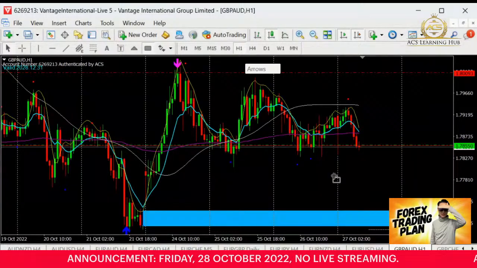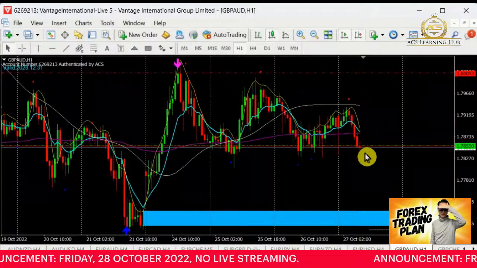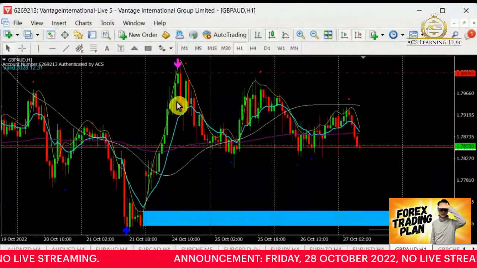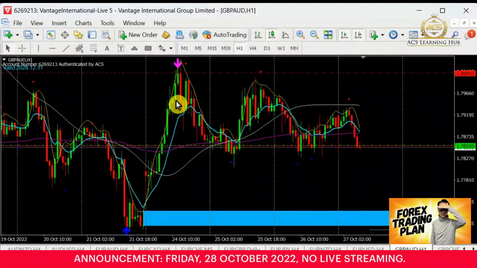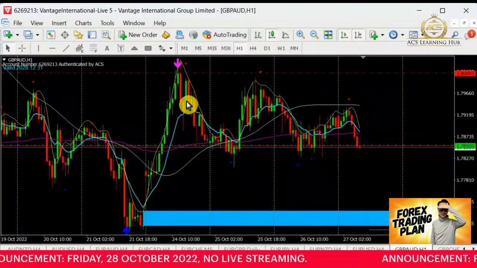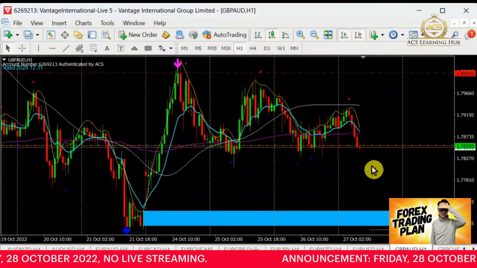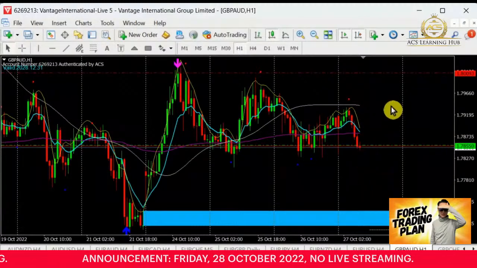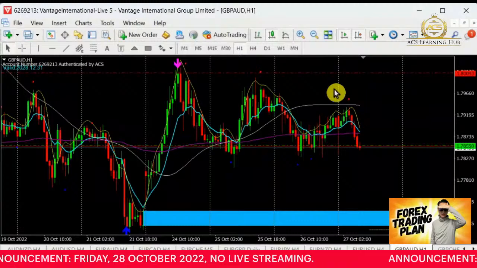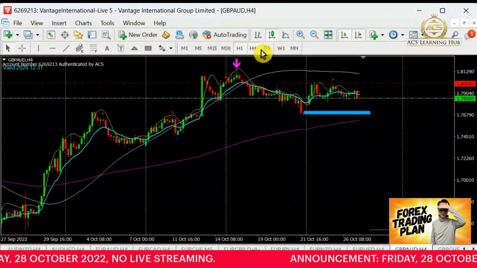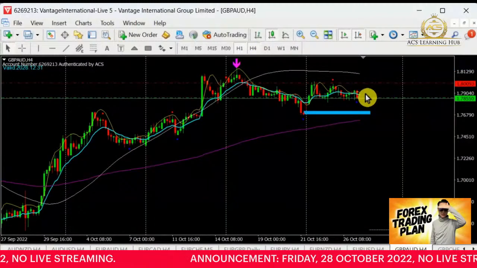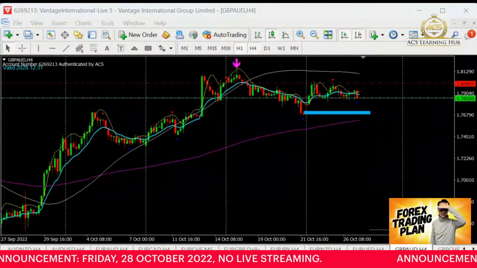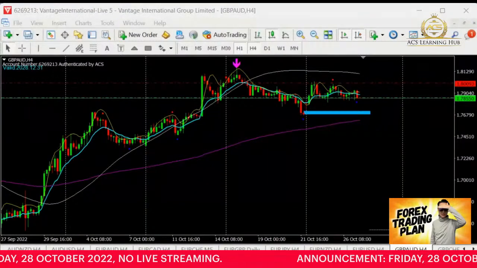This area here is a target where it may continue the selling for pound Aussie, which I see another 134 pips to go. We will act according to the situation, because based on the current situation it seems there are 130 pips to go, but it depends whether it will hit any support and turn back. Tentatively, pound Aussie looks like the selling is still coming. I want to wait until it breaks the support here, then I will go for a selling. So pound Aussie, I'm going to put this into my watch list.